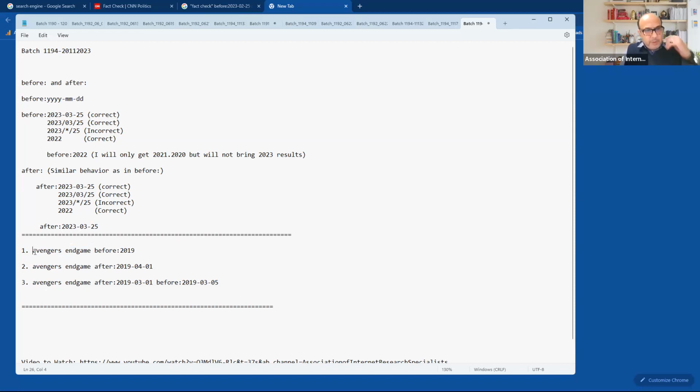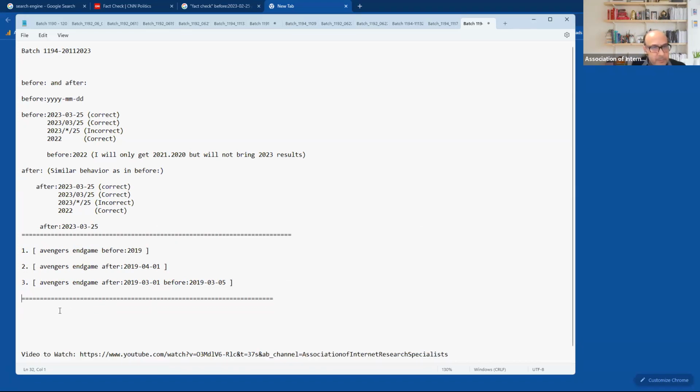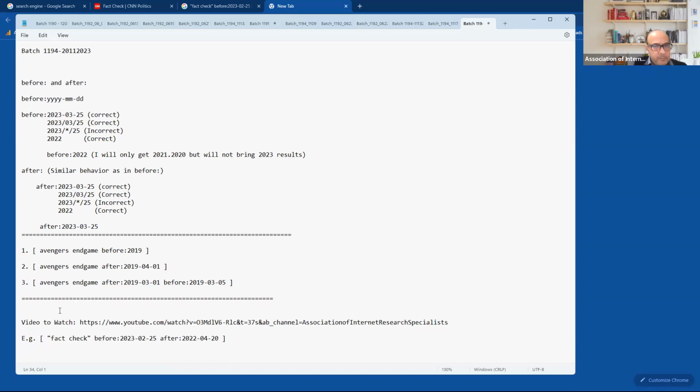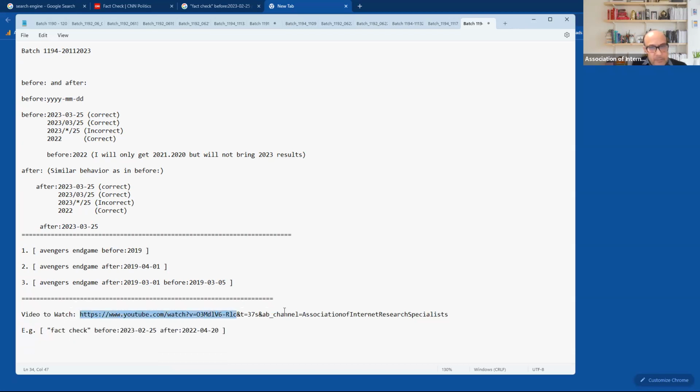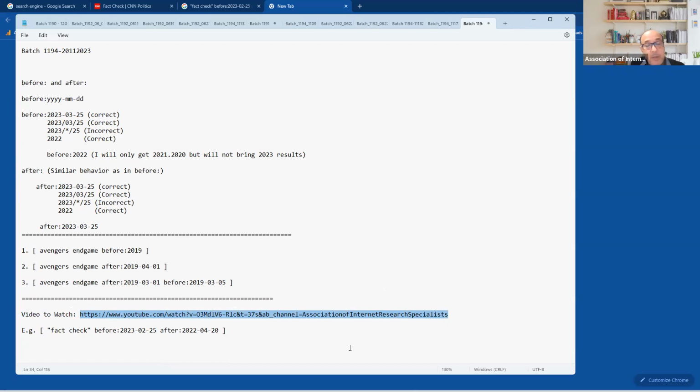Taking examples of search query 1, 2, and 3, you can see how I wrote this query. Before I do 1, 2, and 3, I'm giving you a link for you to run in your browser and see this video